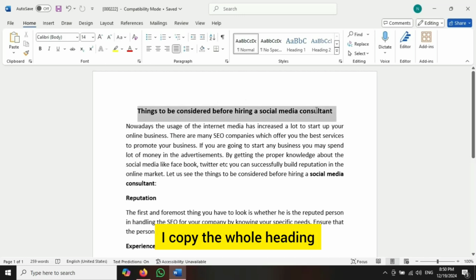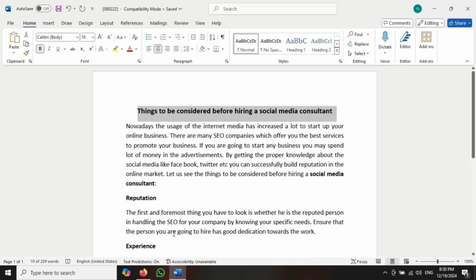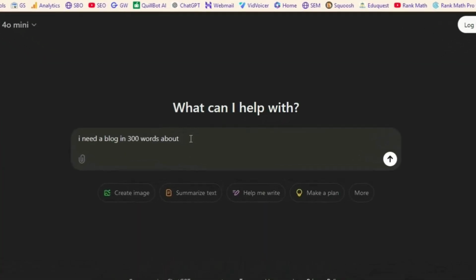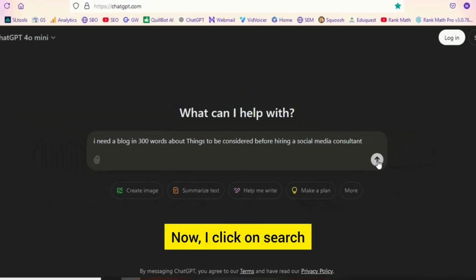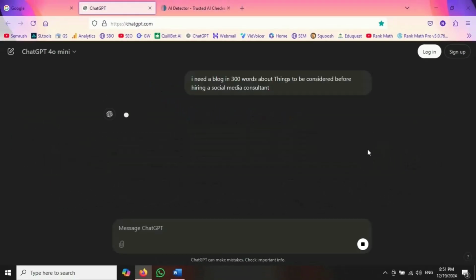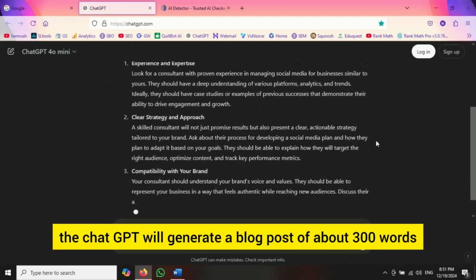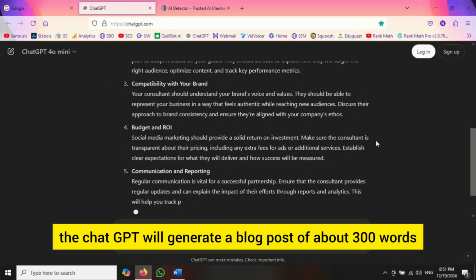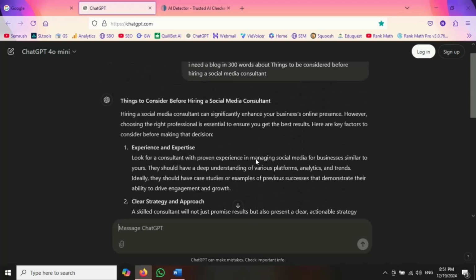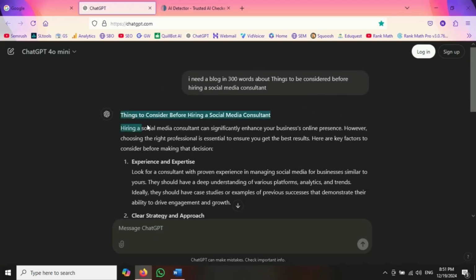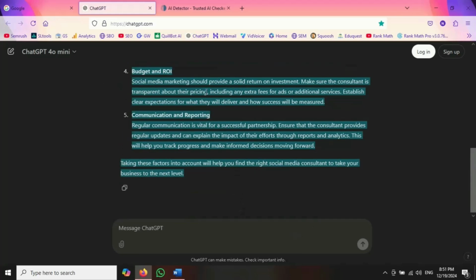I copy the whole heading, right mouse click, copy, and paste it here. Now I click on search. Within seconds, ChatGPT will generate a blog post of about 300 words. Now, I copy the whole content, right mouse click, copy,